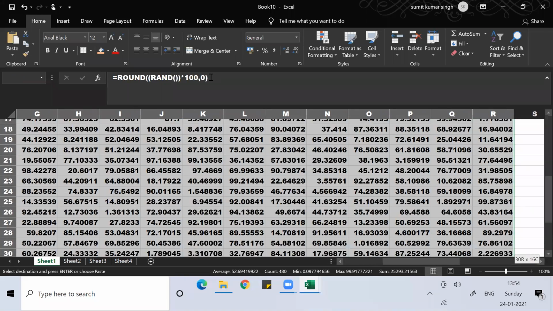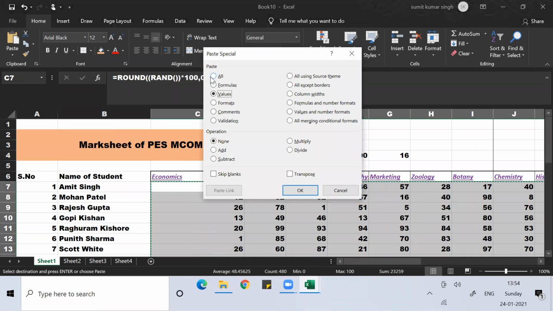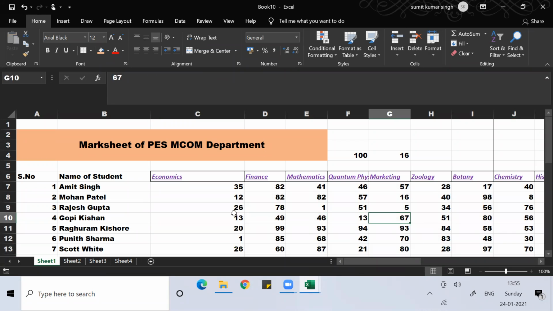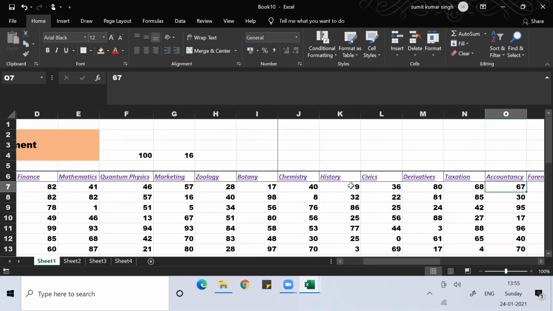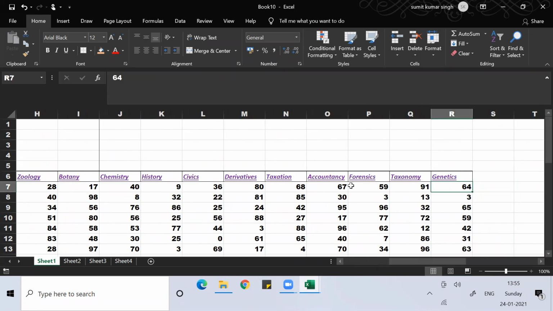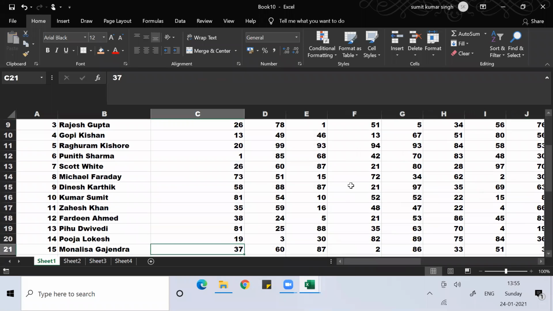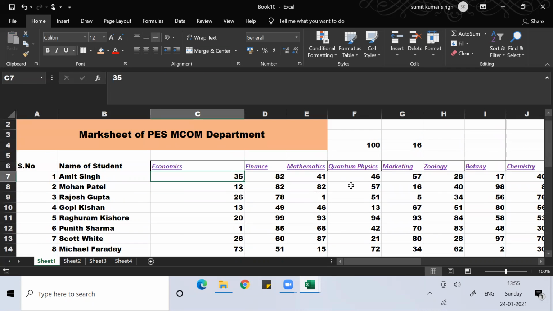Control C, Control Shift right arrow, down arrow, Control V, Control C, or ESC. Select everything. Clear everyone? So some subjects, 16 subjects. I have written around 16 subject names here for these students. You can see them. Okay, and then I can do all forms of statistical analysis on this data. Anything I want to do, I can perform.